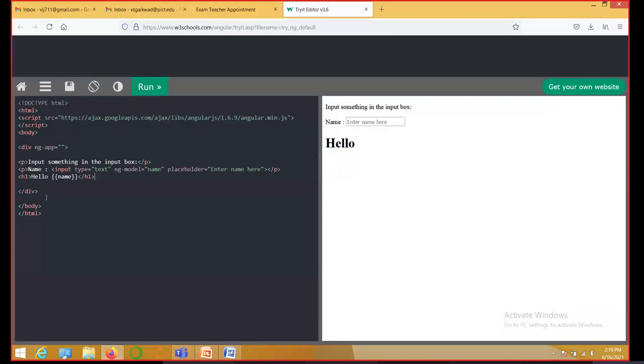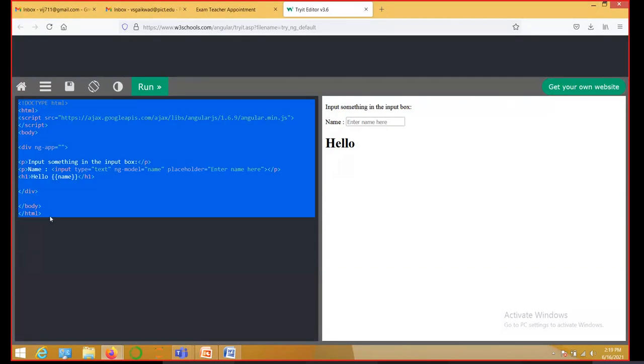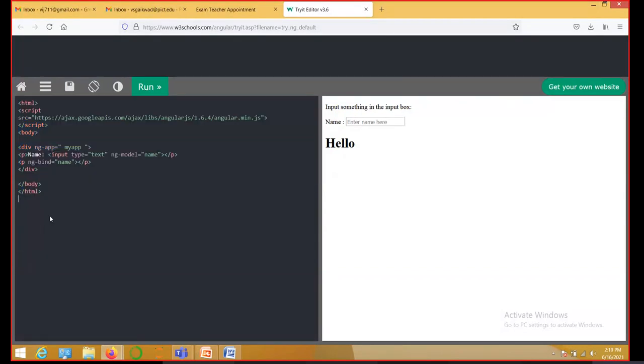When we run this, you can see we have an input field over here. Whatever I type in that input field, the application data variable will have that value. That means the name variable will have that value, and the same value will be displayed as a part of the paragraph. Suppose I type my name,